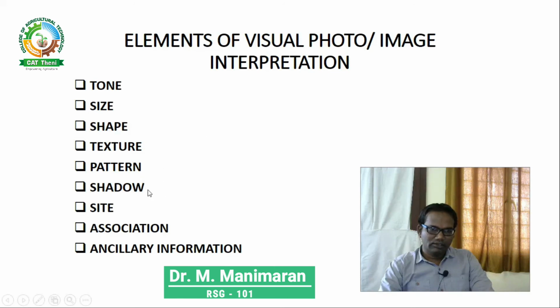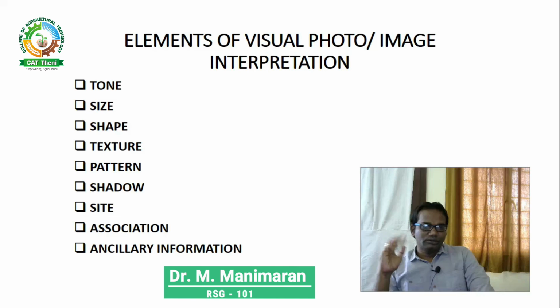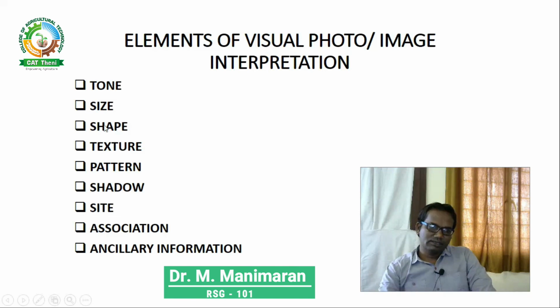Okay, then come to the shadow. Shadow, as already said, is the elevation profile or the relative height of the object. So each and every object has a definite height. Likewise, if it is a building, we can say it's a building. Even though it is an aerial photograph taken from a huge height, we can differentiate each and every feature. So by using the element shadow, we are differentiating each and every object.